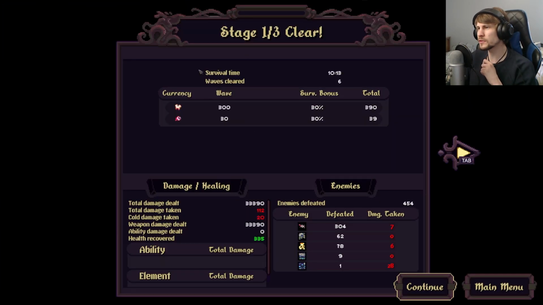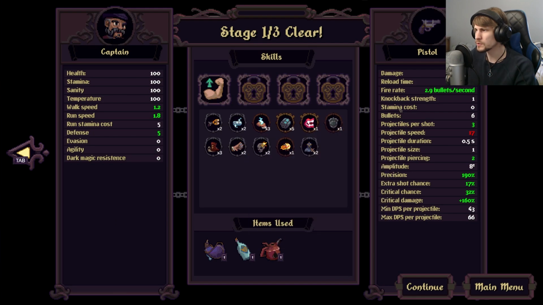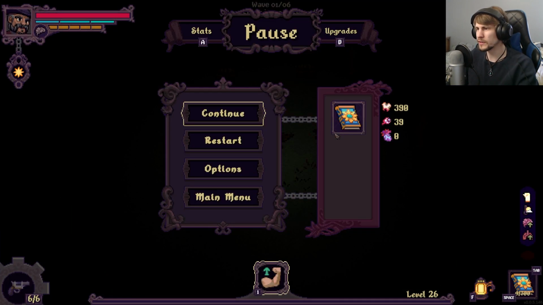So the game looks like it operates in stages. So that's the first of 3 done. So we got ourselves a fair bit of teeth, fair bit of the eyes. So we got 39 total for the eyes and 390 for the teeth. That's what we got so far. And then we can keep going, but I think we'll continue into next episode to see how we do further